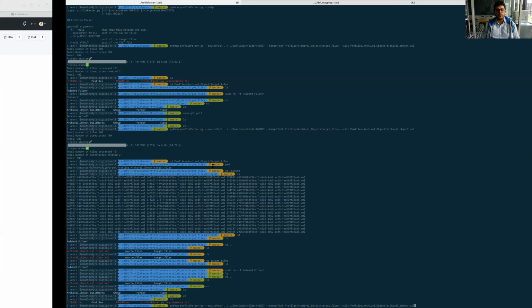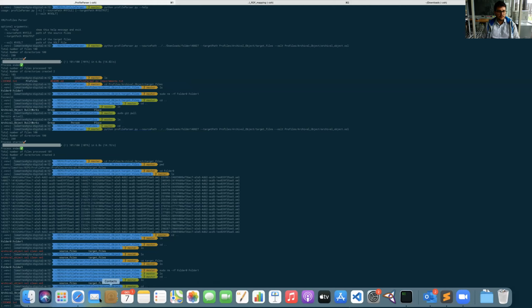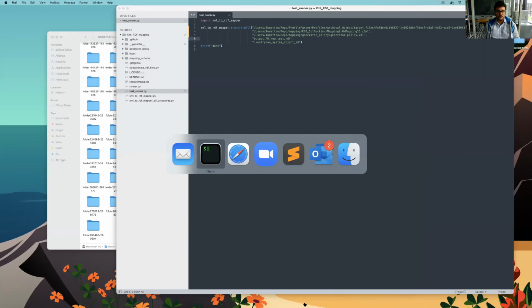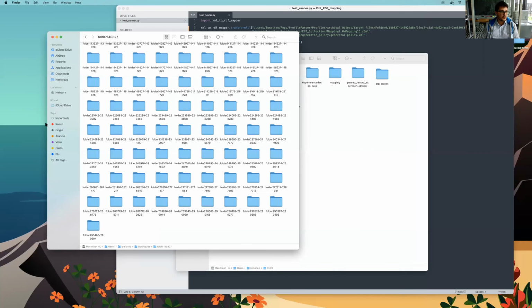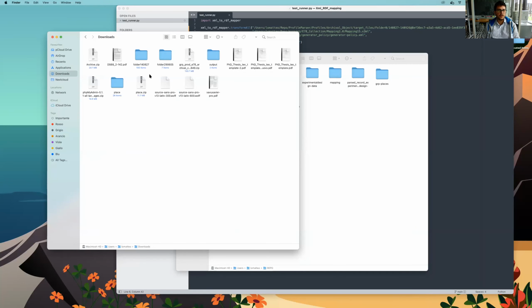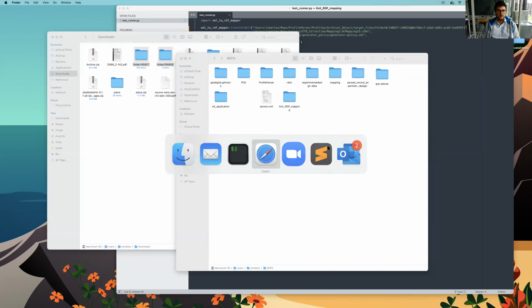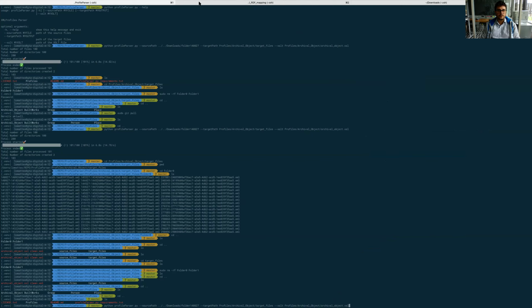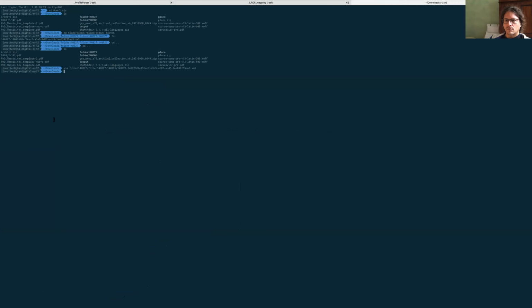Let's say that we have already exported all the source records from EasyDB, and we have these 2 folders with roughly 107 files. So as you can see here,